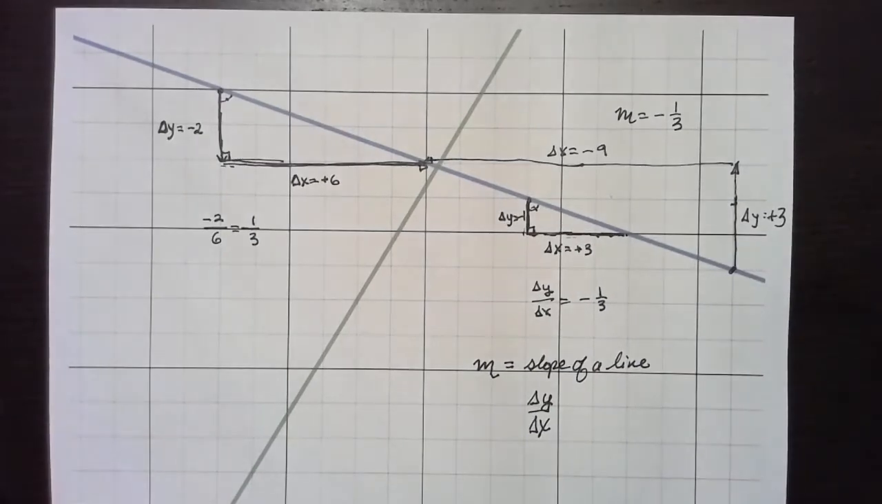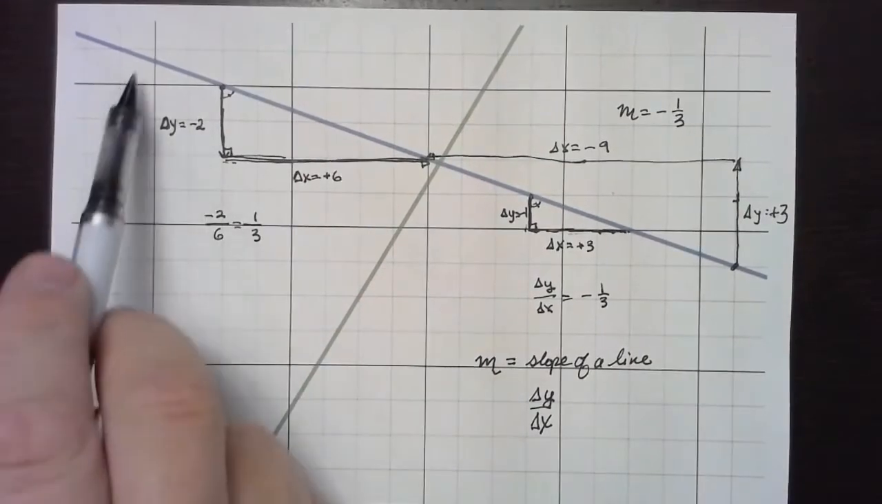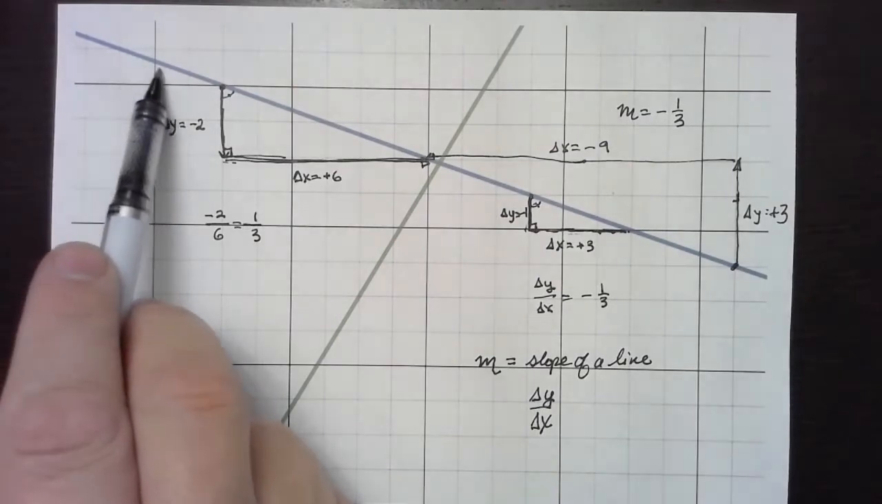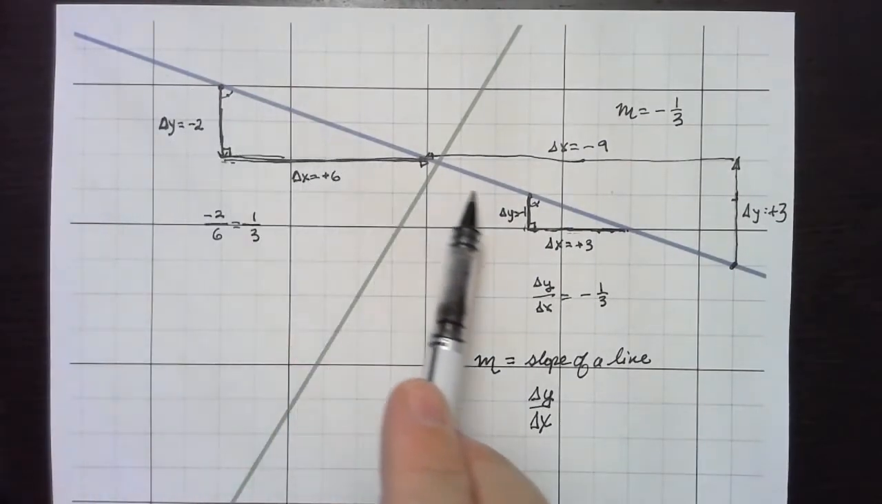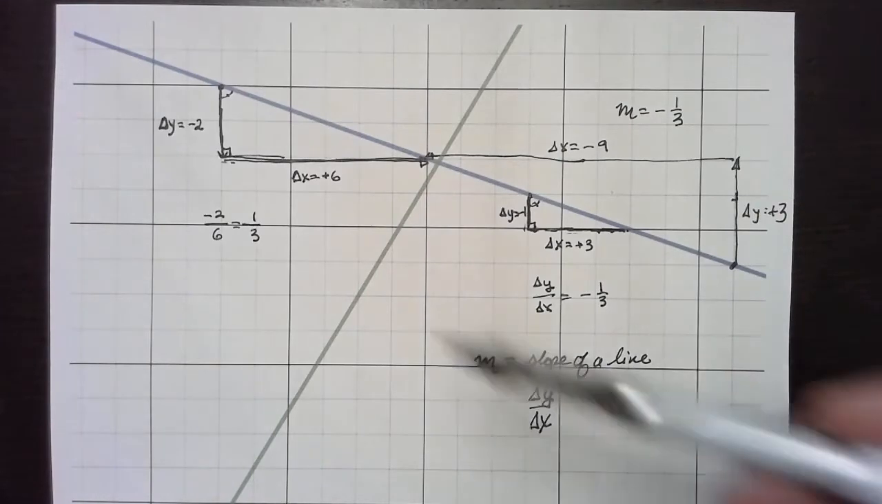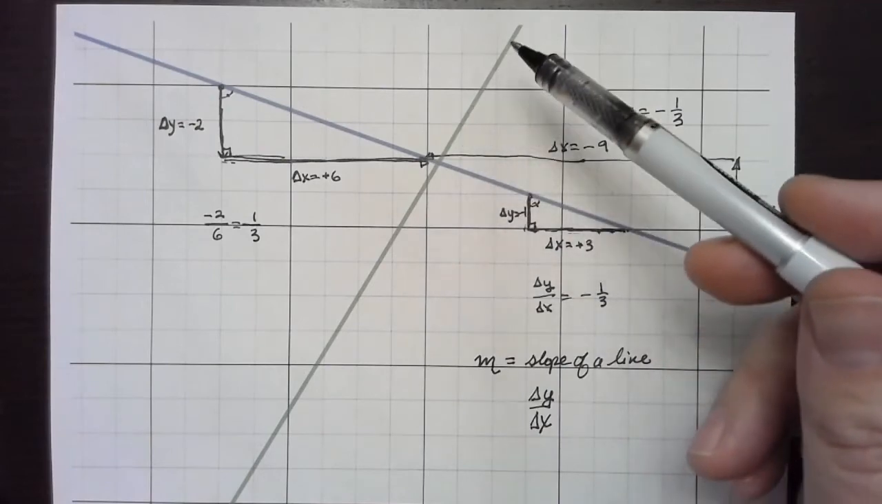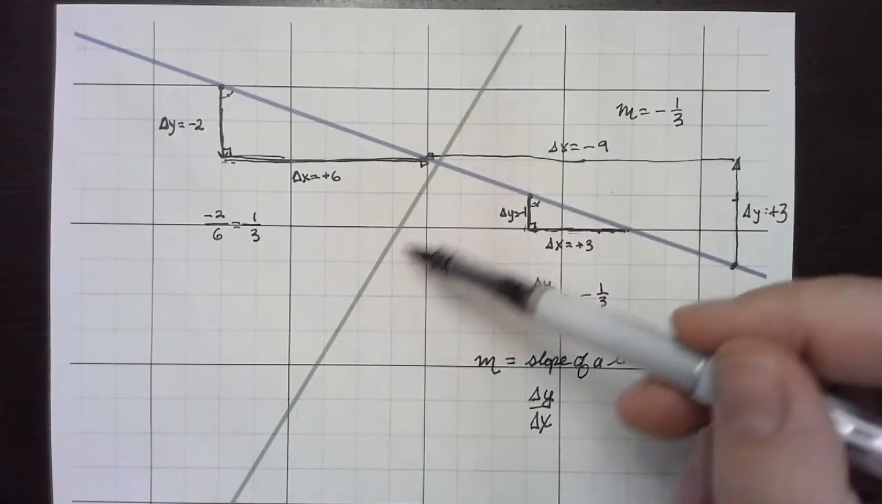The second thing is that you can tell just by looking at a line whether it has a positive or a negative slope. Lines that slope downwards as you move left to right, like you're reading the line on a page, are going to have negative slope. And lines that slope upward as you're moving across the page from left to right are lines